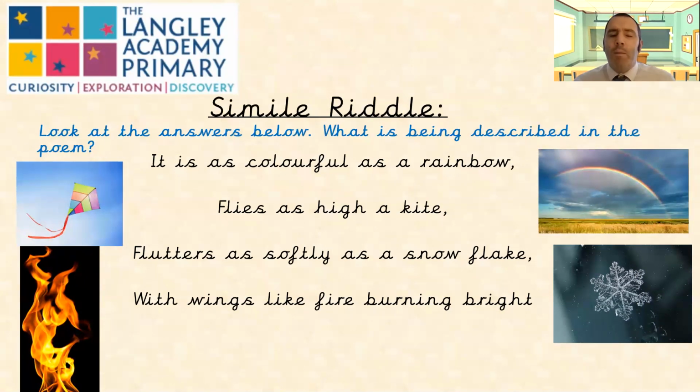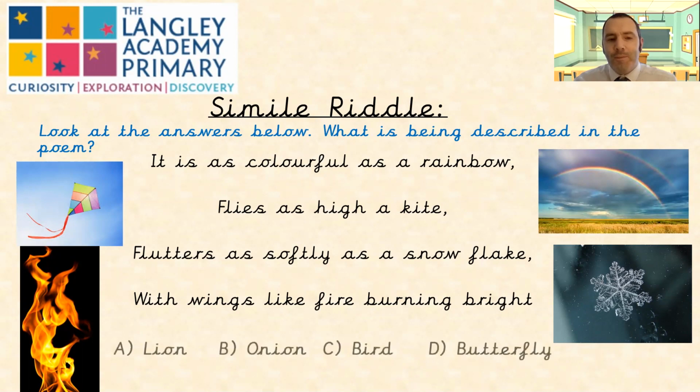Okay, how about I help you slightly? I'll give you some ideas of what we're aiming for with this. So we've got a lion, an onion, a bird, and a butterfly. So if we look at these choices, a lion can't fly. It doesn't have wings, so it can't be that. An onion, well, the only way an onion can fly is if you throw it, and it certainly doesn't have